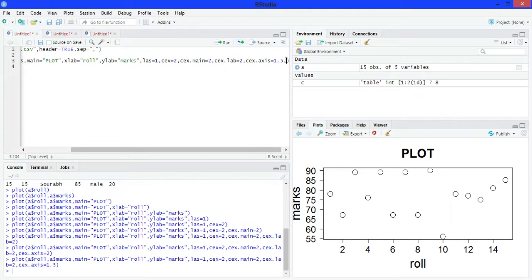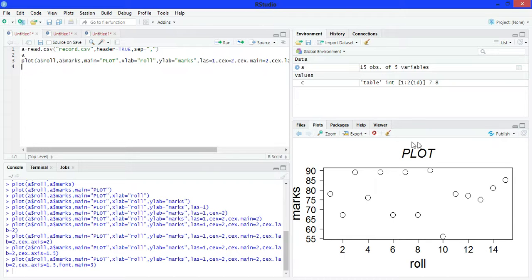Okay, we can also change the font. To change the font of main, write font dot main is equals to 3. See here, the font of main has changed now.